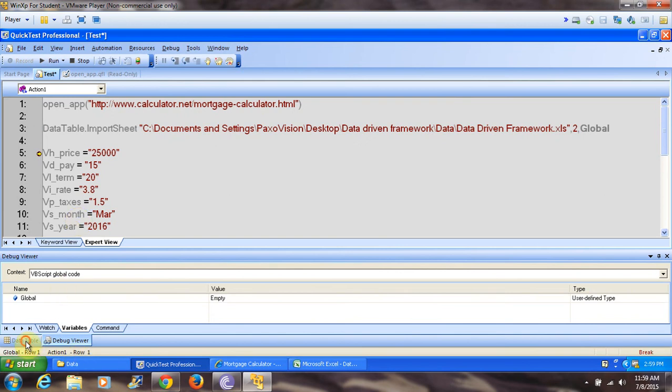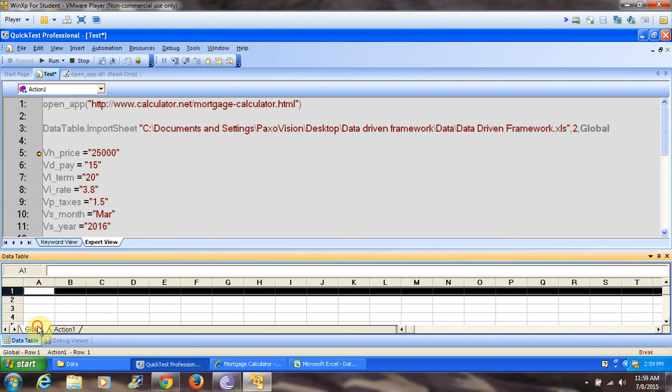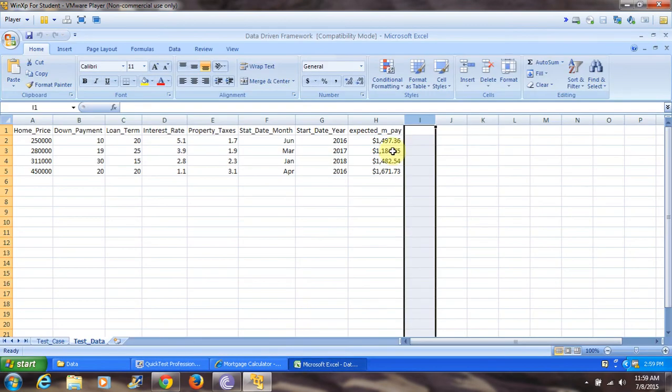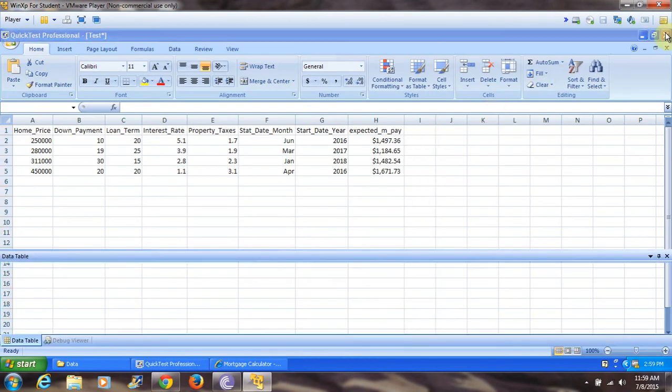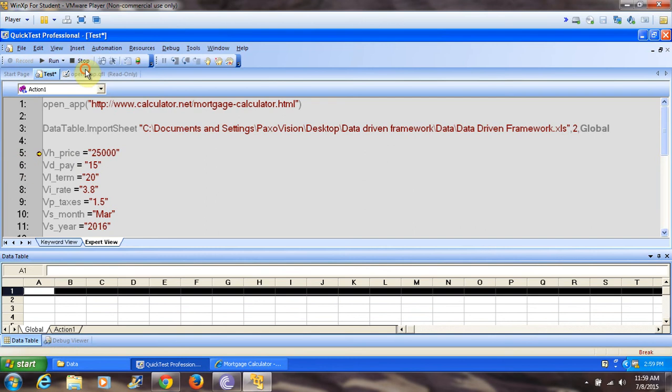Can I see that data table? Oh no, it's not run. Why? Because my Excel file is still open. I have to close the Excel sheet before I run every time. So